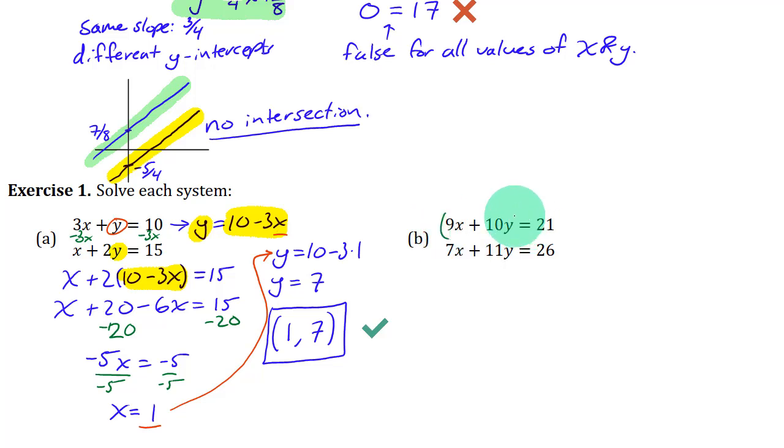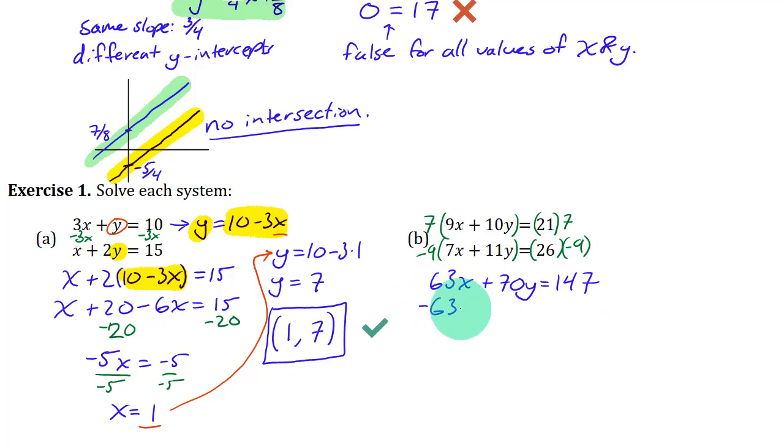I'm going to make the x coefficients be opposite each other. I'm going to multiply both sides of this one by 7, and both sides of this one by negative 9. The idea is that 7 times 9 and negative 9 times 7 are opposites: 63 and negative 63. So that will turn this into 63x plus 70y equals 147 for the first one. And the second one is going to be negative 63x